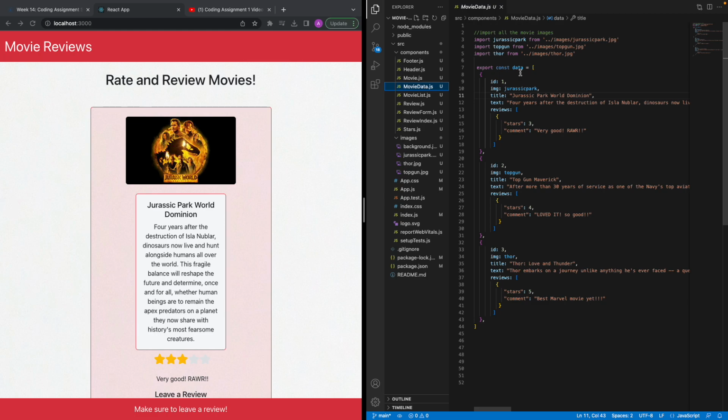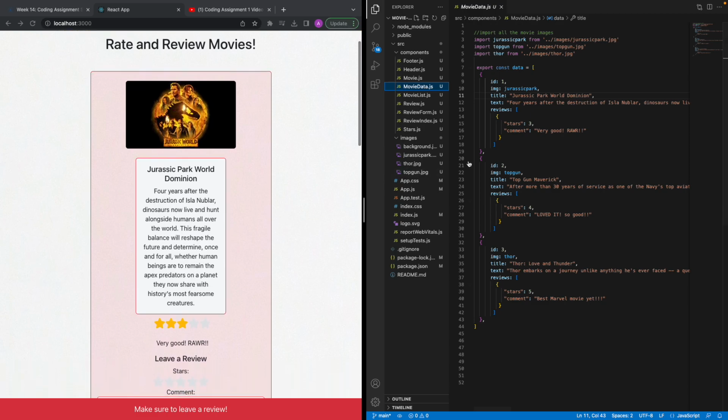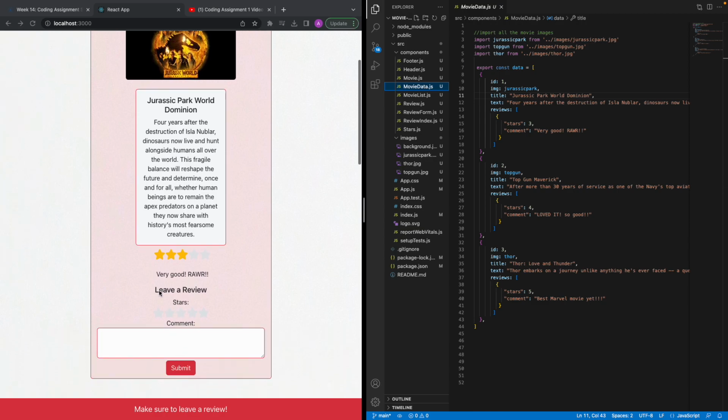Movie data. This is basically the basic, as you can see, Jurassic Park image. The image is right here. Jurassic Park World Dominion. The title's right here. The text, the description of the movie is right below. And an example of a review is down below. And then under here